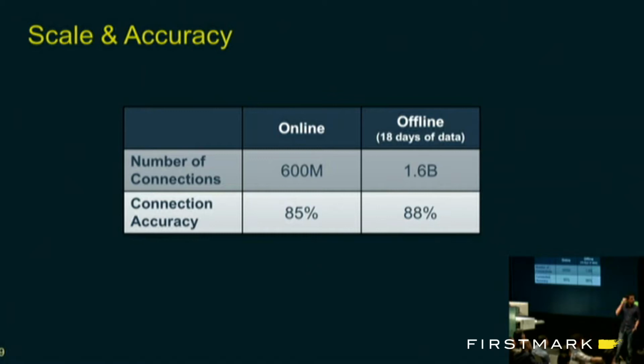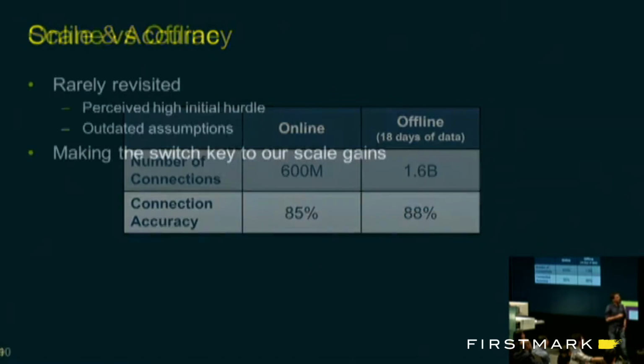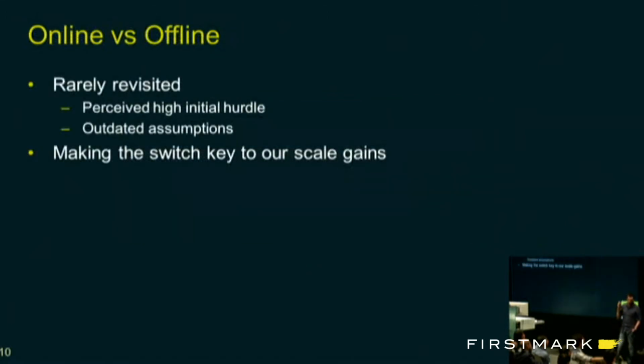And what I like about this is that if we went back to the original problem of saying I want to revisit the device graph and think about scale, it was not my first instinct to go to offline. I don't think anyone wanted to do it. It means scrapping a lot of our infrastructure and restarting it. And I think there was a lot of talk of just sticking to a streaming fashion. But I think we would have been bashing our head against the wall trying to get a 10, 15, 20% gain, maybe 50. But we would never have gotten a 3x or 300% gain as we receive now, with the ability in the future to just add on data very easily and try out different models.